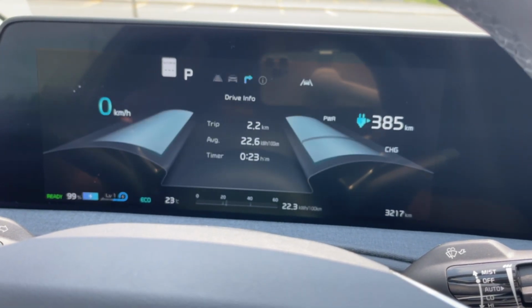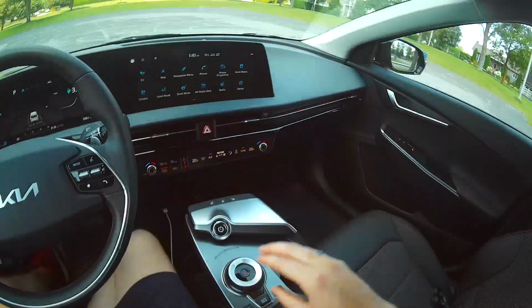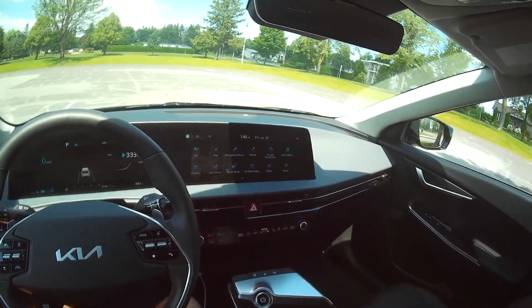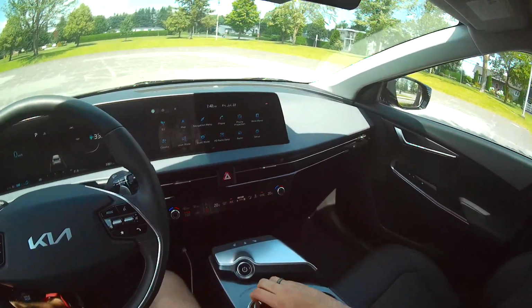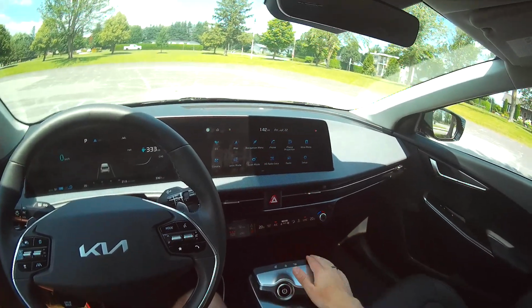This kind of tells you what regen you're in and everything like that. We'll get into more of that on the driving. You can see it has a really interesting shifter. It's more like a knob, a big knob that you turn. It really is quite big. And then you press the middle for parking, and you also have your start stop here and also all your